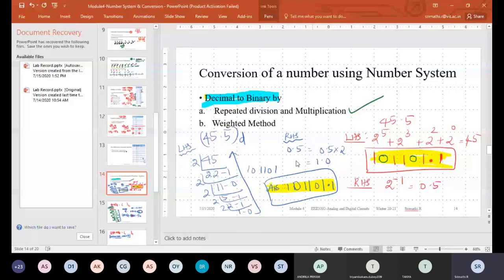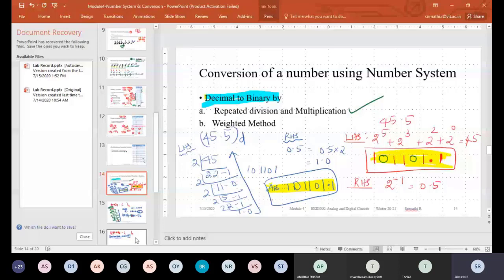And after your decimal, 0.5, you need to do multiplication. It's not repeated division. You need to do repeated multiplication until you have no numbers after your fraction. For example, since it is 0.5, I will be multiplying 0.5 by 2, so it is 1.0. If I'm having again some 0.5 here, I will have to pick up this one quotient and write it here. That 0.5 again I have to multiply by 2, so 1 will be the quotient and 0 will be the remainder, so it will be 0.11.